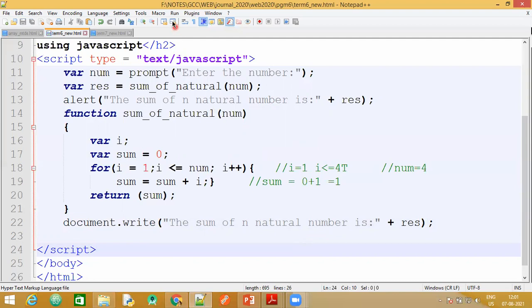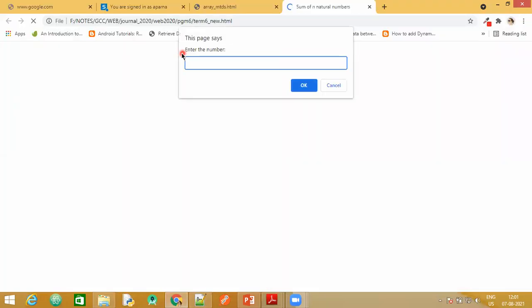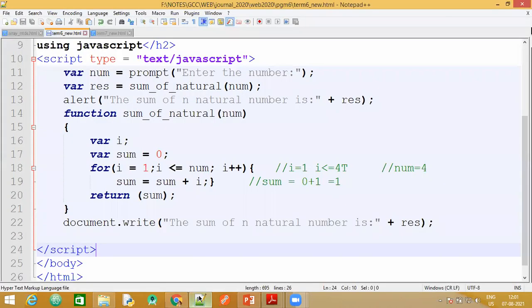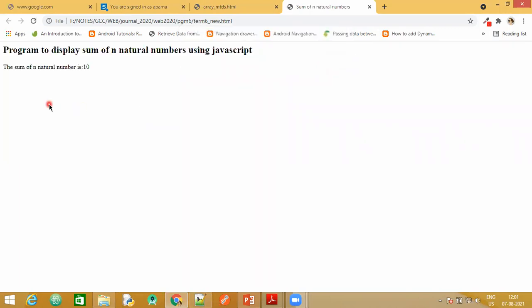Now let's have a look at the output. You can see we have got a prompt dialog box along with the input. Let me give the number as 4 and say OK. You can see here the sum of n natural numbers is 10. How are we getting this? We are getting it with the help of this code at line number 13, that is the alert dialog window, which we studied in the last session, which comes up with only one default OK button. Since we have also printed it on the browser with document.write, you can also see the output displayed on the browser. So the sum of n natural numbers is 10.